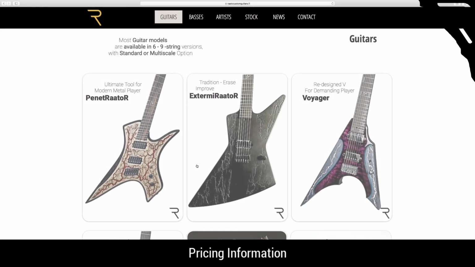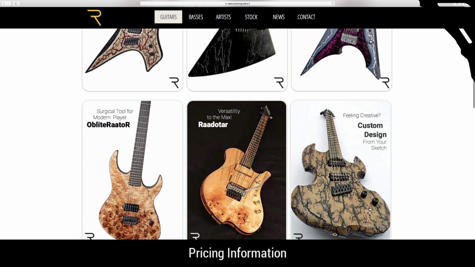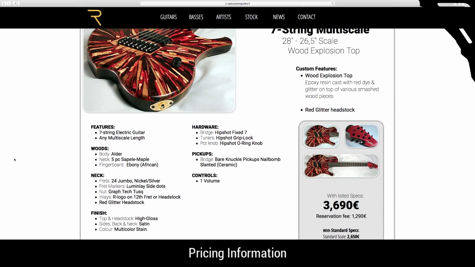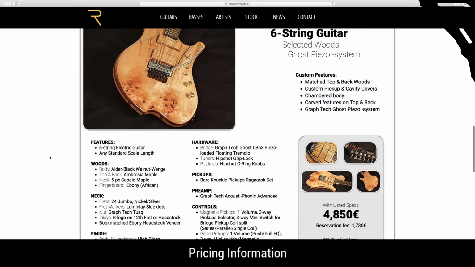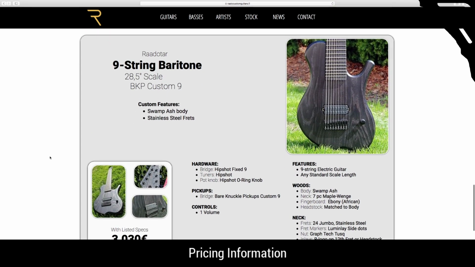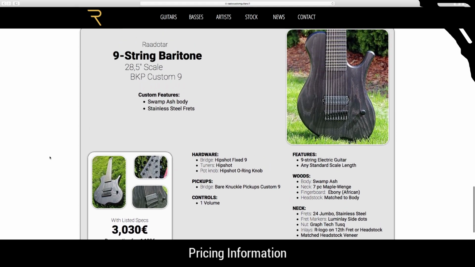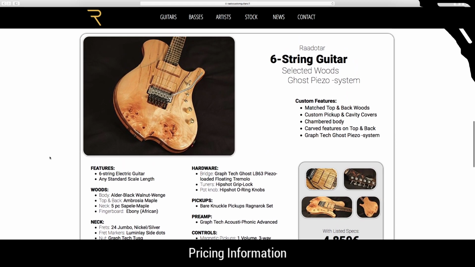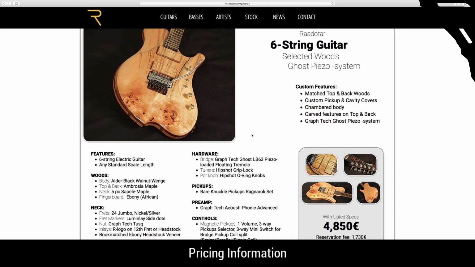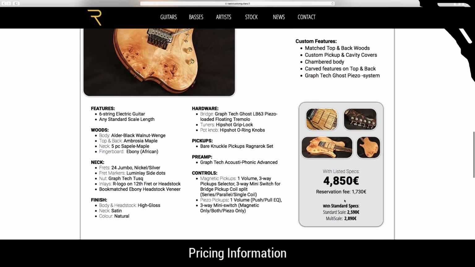Let's jump to the guitars. Let's take Raato. So here you can find the different instruments that I've been building so far, and some of the specifications, well, should be actually all of the specifications that are included. So for example, in this one there is this with standard specifications. So what is standard scale 6-string Raato model with the standard specs, so that's the price for that, and multi-scale